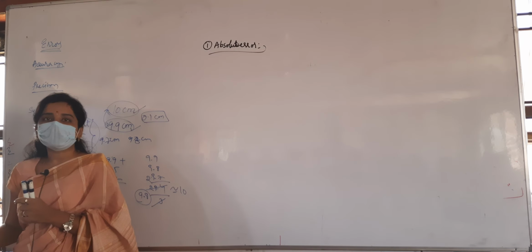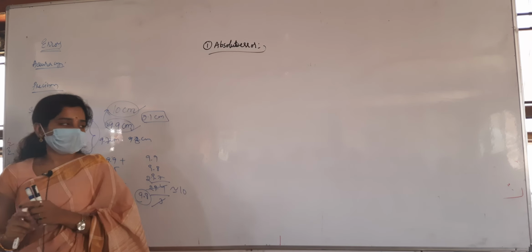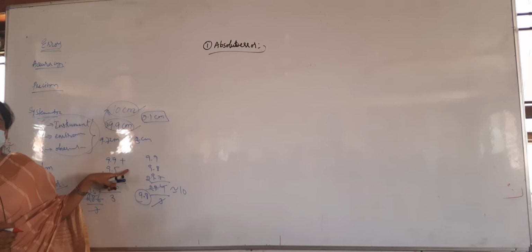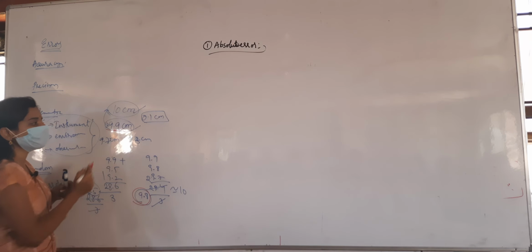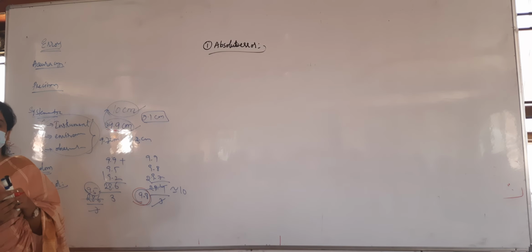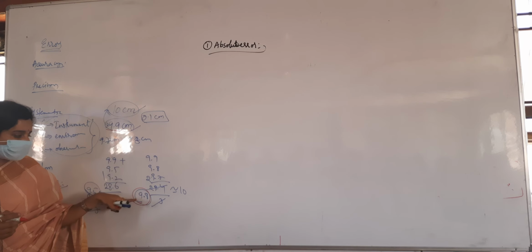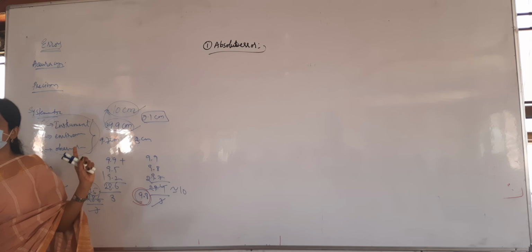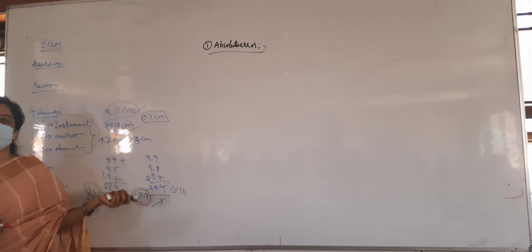But you cannot say that I did not do wrongly. Error is error only. That is already done. So here, absolute error is nothing but the difference between the mean value and the observed value. How much error is there here? 0.1 is there. Second observation we got how much value? 9.7. Here the average value is 9.8. How much error again? 0.1 is the error. Again, the difference between the mean value and the observed value.